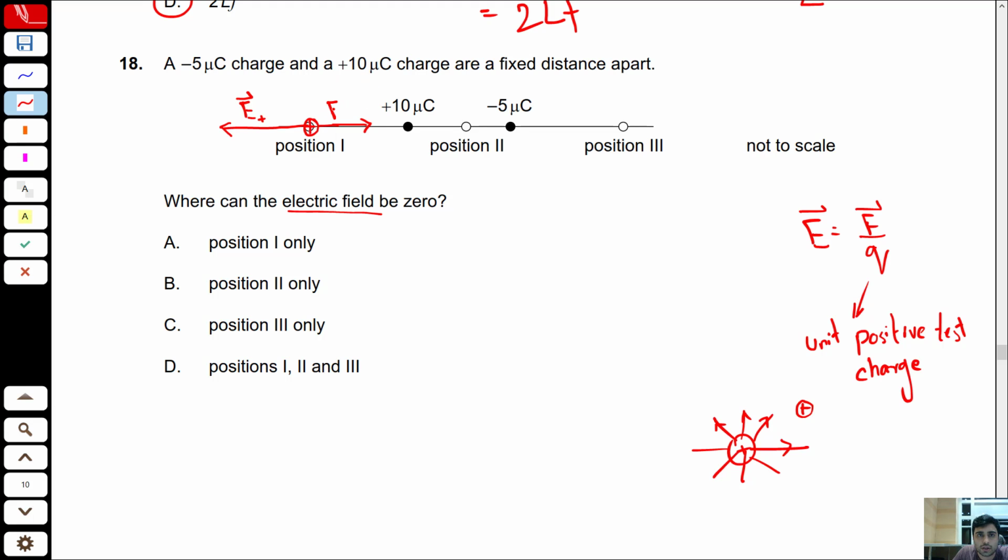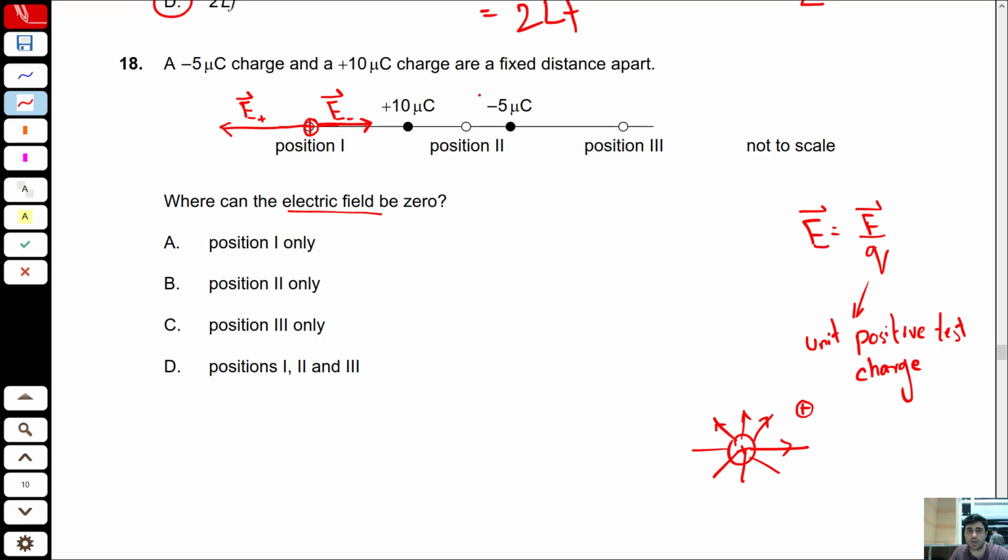So call it electric field strength due to this negative charge, and it's also direction dependent. Now, why did I draw this electric field strength a little bit smaller? The length of the electric field strength is a representation of its magnitude. But the reason why I draw it smaller than this one is because this negative 5 microcoulomb is further away